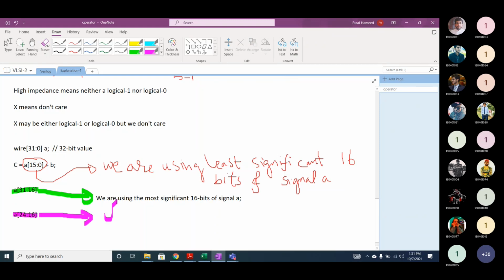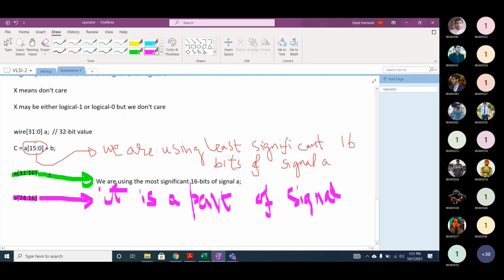It is a part of signal A. We call this part select.